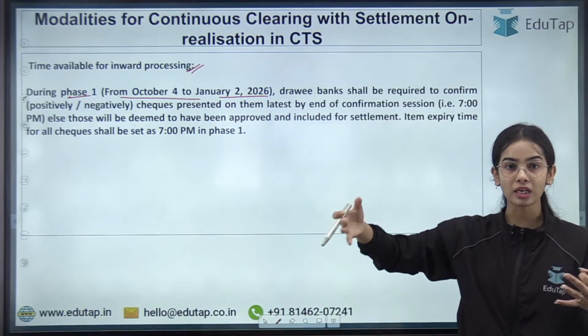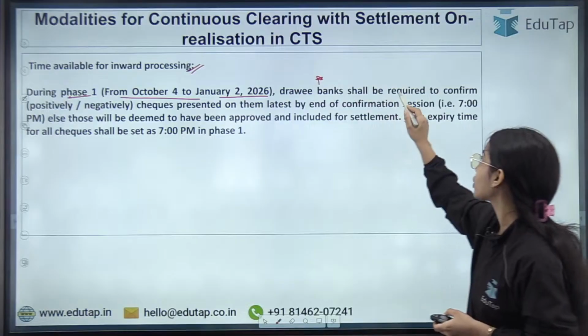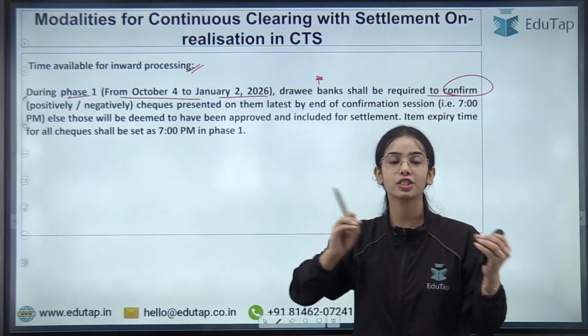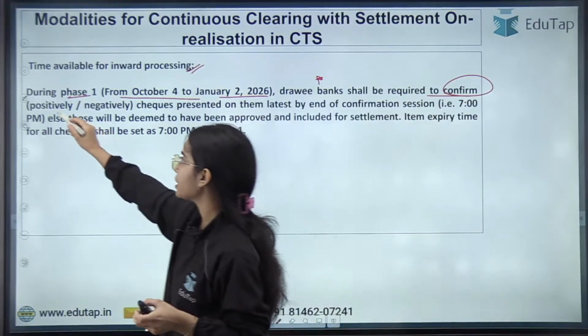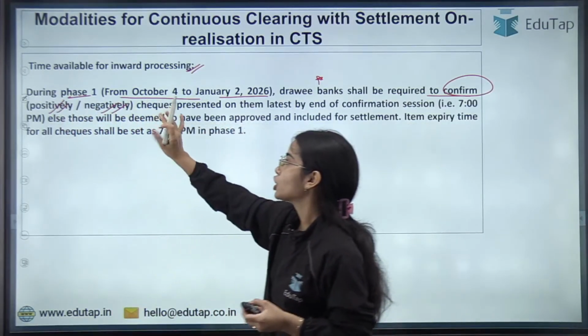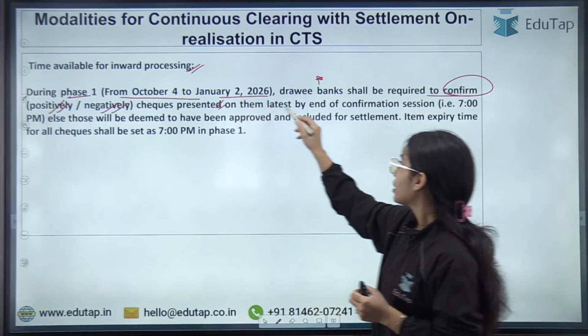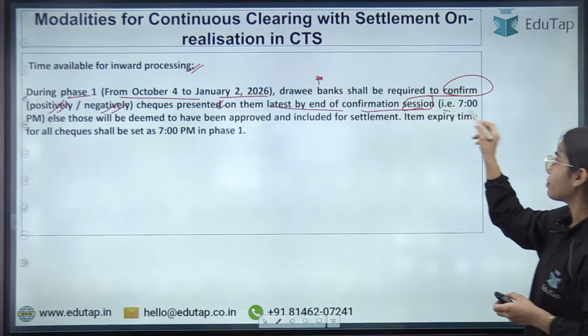So this is phase 1, in which the drawee bank shall be required to confirm positively or negatively that the check is honored or the check is dishonored. The settlement will happen or the settlement will not happen. So the positive or negative confirmation has to be presented latest by the end of the confirmation session by 7